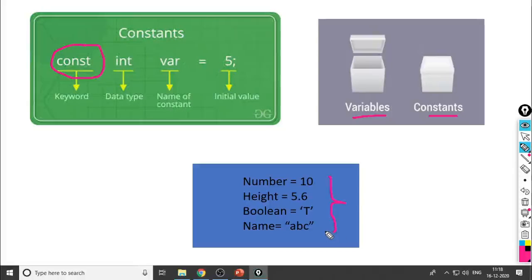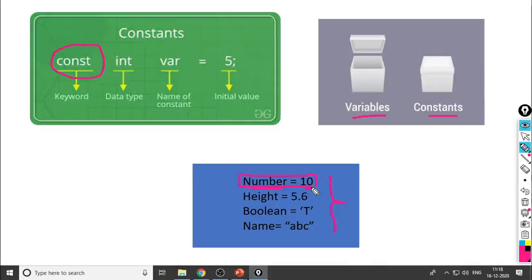Look here, there are a number of data types. 10, this is the integer number. We can assign an integer number to a variable name. What is the value here? Value is 10. What is the variable name here? Variable name is number. This statement is called an assignment statement.